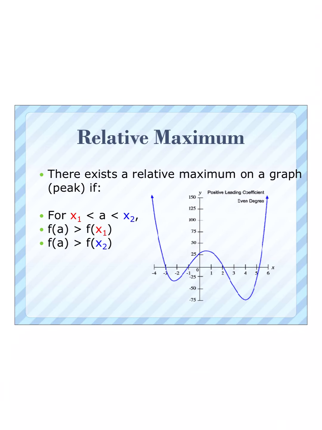For relative maximum, we have the opposite. So we have some value between our two x's where our y values are increasing. And we have one peak, which is what I'm going to call them. So valleys are minimums, peaks are going to be maximums. And we just have to approximate that. Just to verify it is a peak, we can see the graph is going up, stops, and goes back down. That stopping point, again, is our peak, which represents our relative maximum because it's the highest portion in that area. I'm going to go ahead and approximate that to be at about